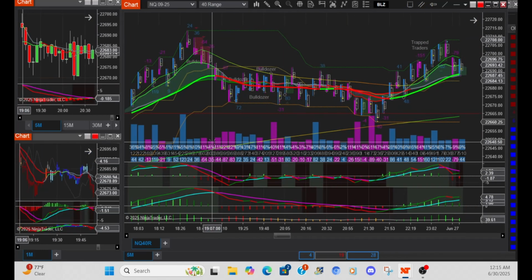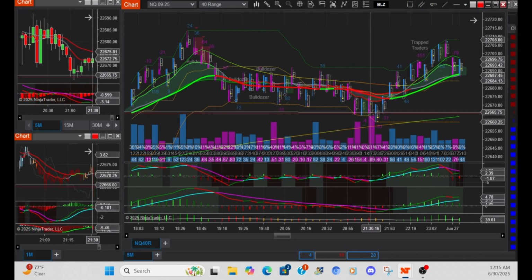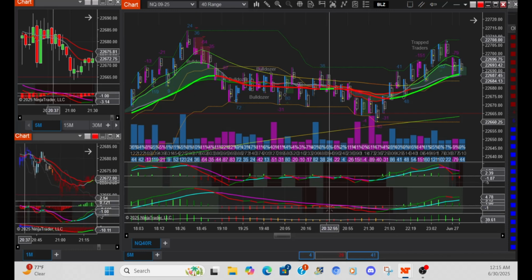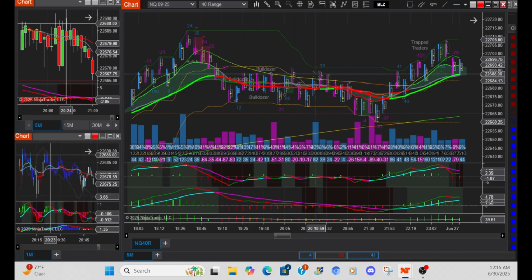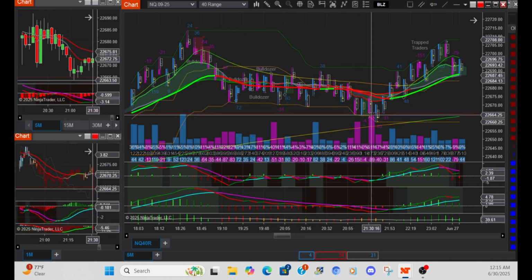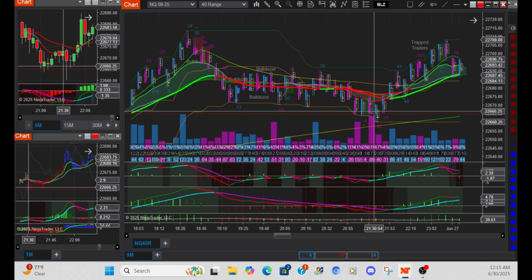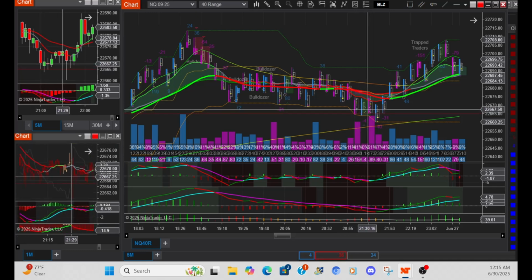Try to take a look to see if you see a range. If you see a range and you see it break out, like this here, that's interesting. So we just broke below the zero line. We had a range, broke down, it pulled back up, it closed down right on an MA, but it closed down. The 5 minute, everything is in line. The 1 minute,